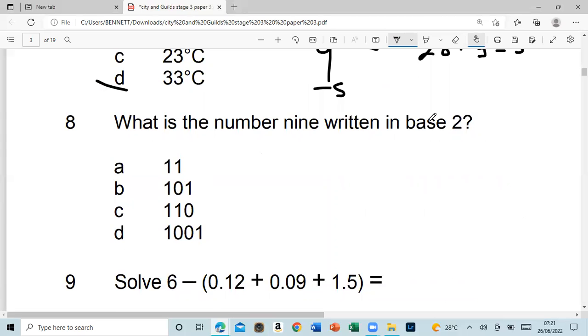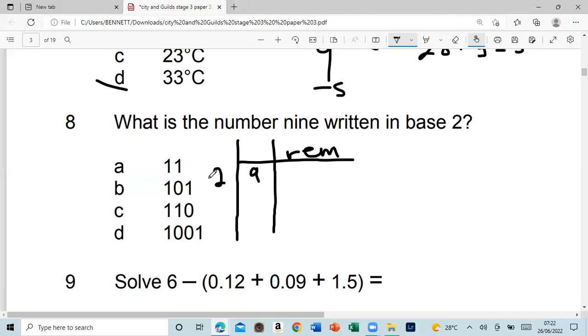What is the number 9 written in base 2? So base 2 has to deal with ones and zeros, right? So what you're gonna do now? Let me just put a little table right here. This is my remainder here, all right? So we have 2 and 9. So because it's base 2, we're going to be dividing by 2. And the remainder is actually going to be the answer. So first we say 2 into 9, that goes 4 times, remainder 1. Come again, 2 into 4, 2 times, remainder 0. 2 into 2, 1 time, remainder 0. So our answer is read from here, 1, 0, 0, 1. And that will give us